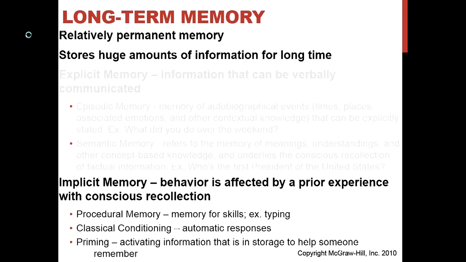If you're very good at typing and you know where all of the keys are, then you could just very easily look at the paper that you're trying to type, and you won't ever have to look at the keys. Now, it's a memory for a skill, it's a behavior that you've done, and you might not exactly remember when you learned it, but it's a skill that you have been able to have based on prior